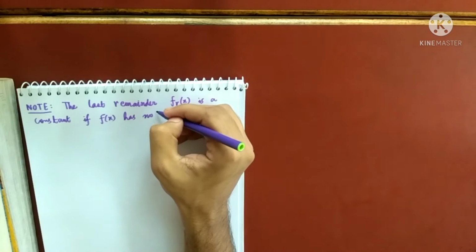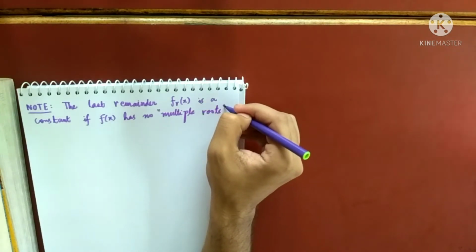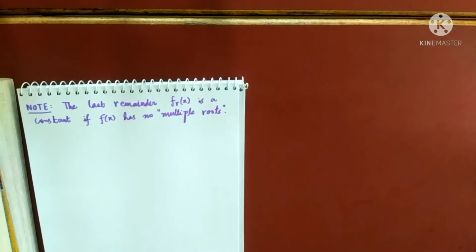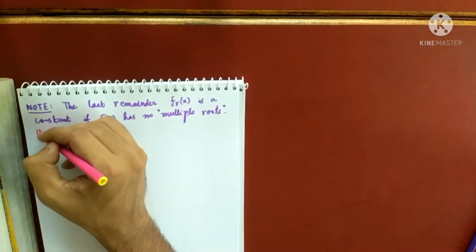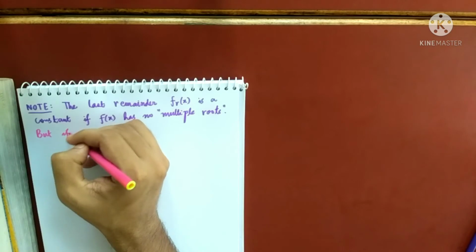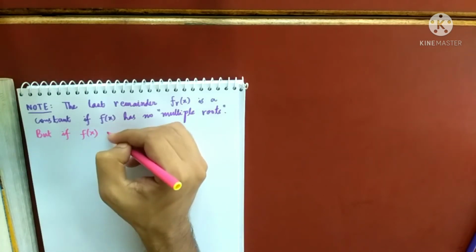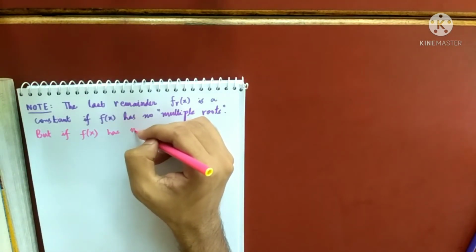So keep that in mind. If your polynomial equation has no multiple roots, no equal roots, your last remainder will be equal to some constant, but if f(x) has multiple roots,